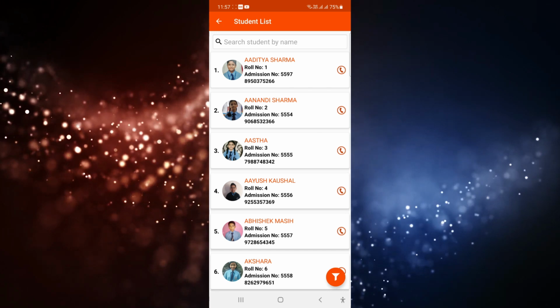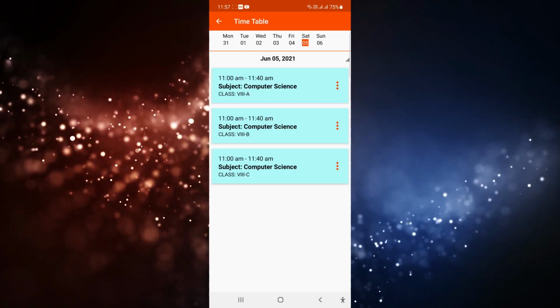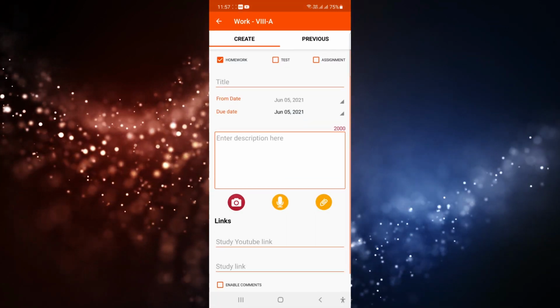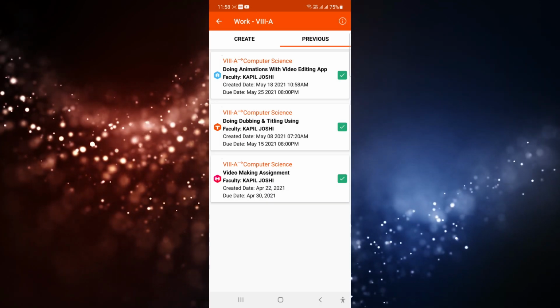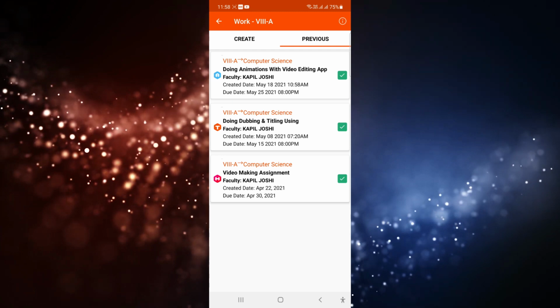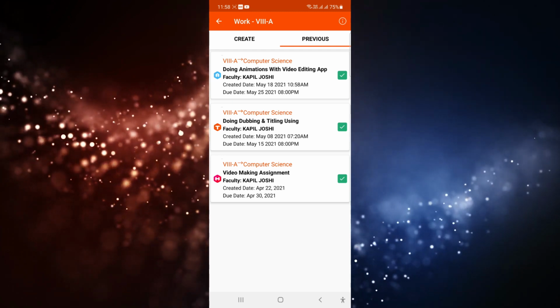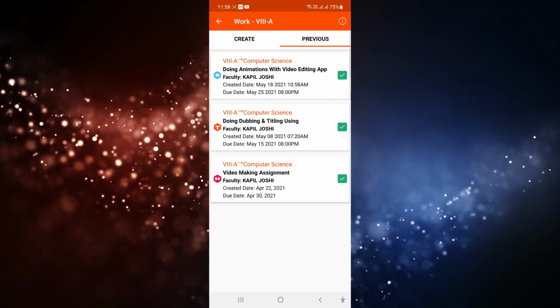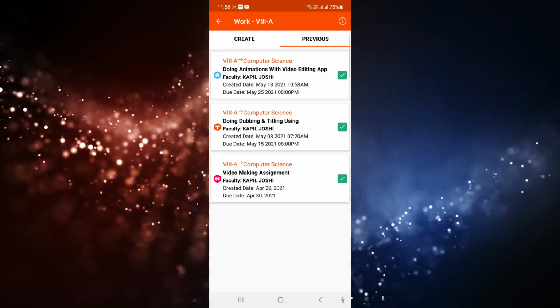Why I want this is because earlier, when I wanted to see the particular homework of each and every student, suppose by clicking on previous, suppose 3 homework I have given here. 3 assignments are there. One is homework, one is test, and one is assignment, that is time based.